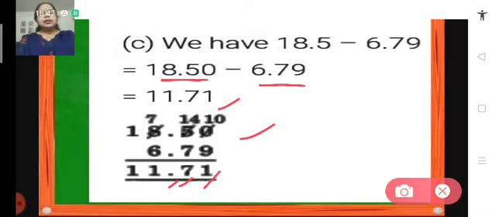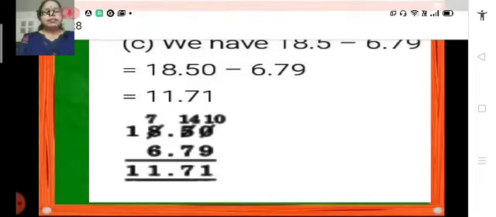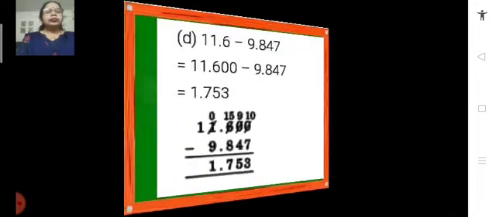Move on to the tenths place. We have 14 here. So 14 minus 7 becomes 7. How has it become 14? Because we have borrowed 1 from the ones place, so it becomes 14. So now in the ones place we have 7 minus 6, so we get 1 here, and in the tens place we have 1. So 1 minus 0, we assume that here we have nothing, means we have 0 here. So 1 minus 0 becomes 1. So the answer that we get is 11.71.